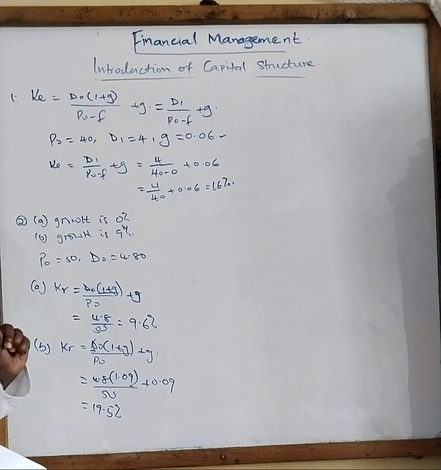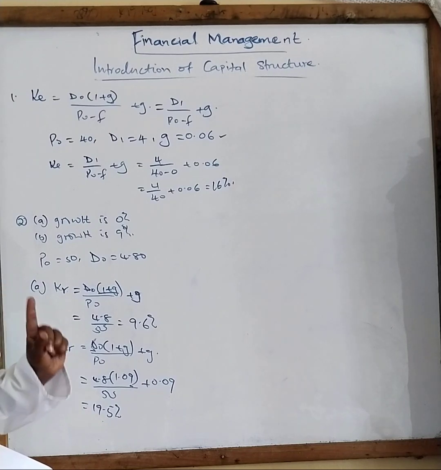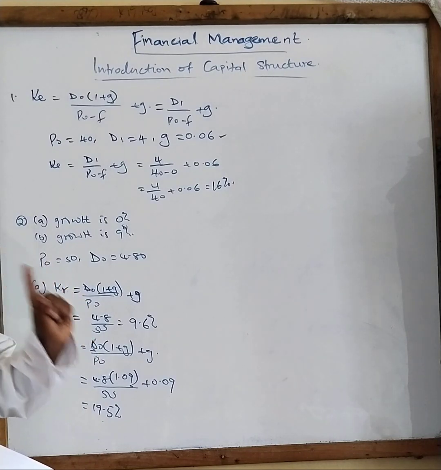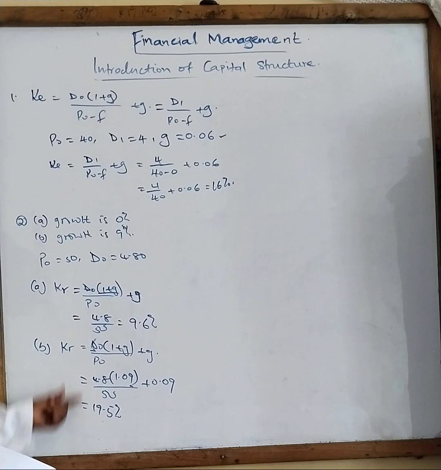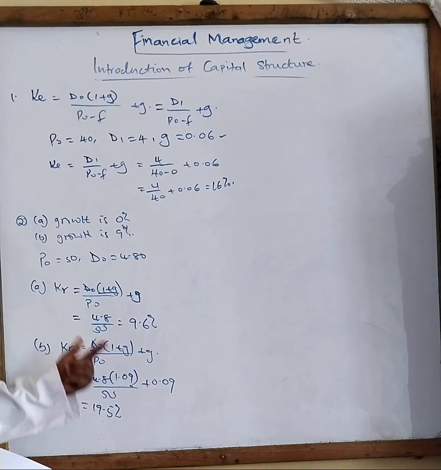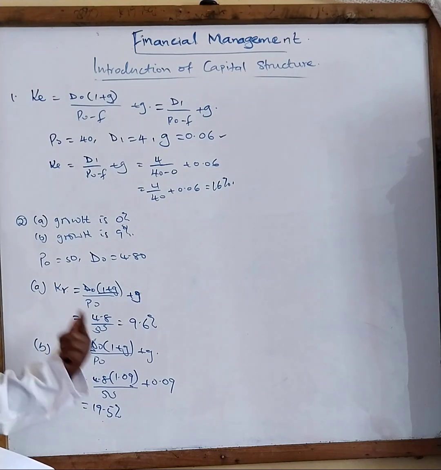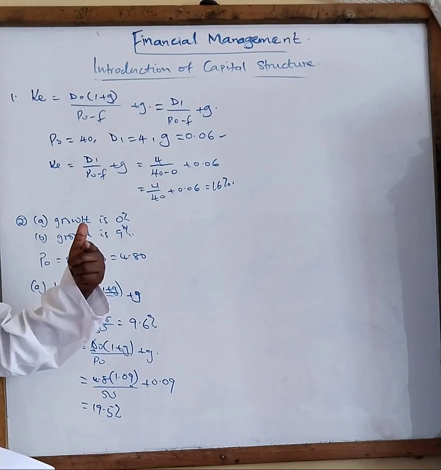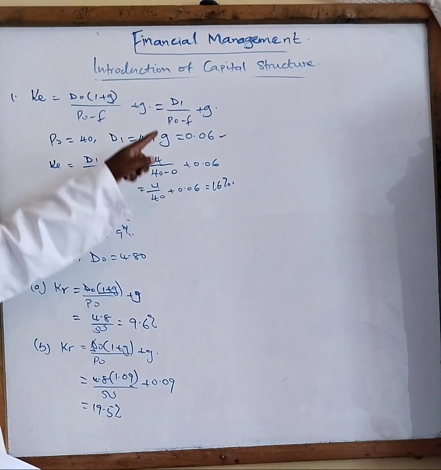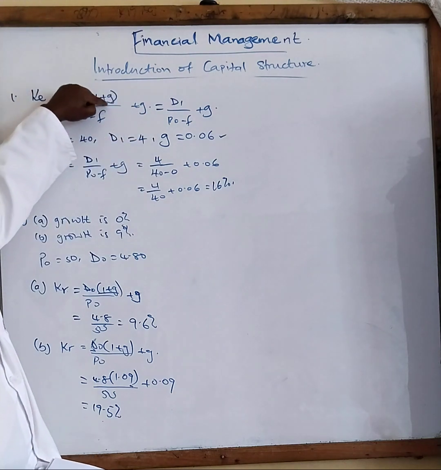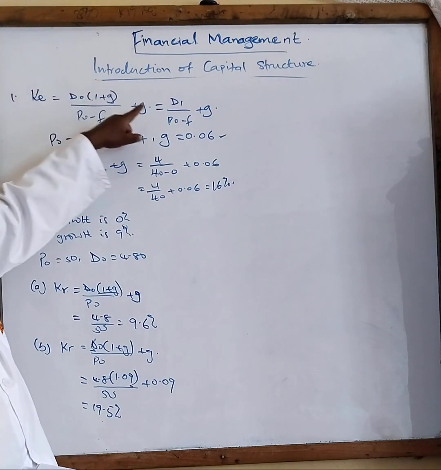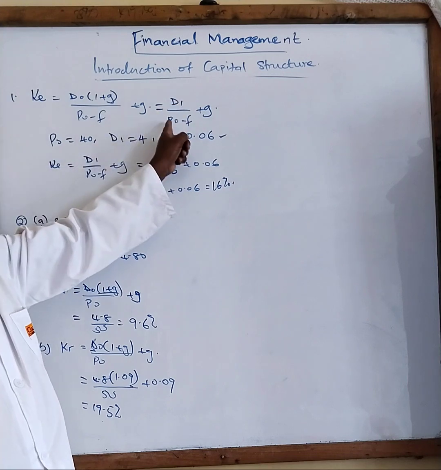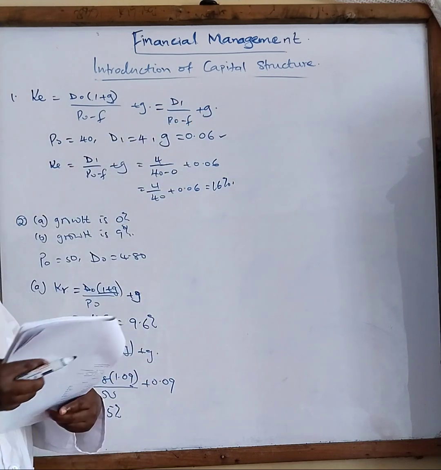I want you to take note of D0 and D1. At what point do we say D0? Go back to the notes or the video about business valuation. You will see how I've analyzed this correctly. But here I'm just making a summary: D0 means the current dividend, D1 means the dividend after year 1. If you have been given the dividend after year 1 already, then you don't need to say 1 plus G. You just put your D1 over P0, then you add G.